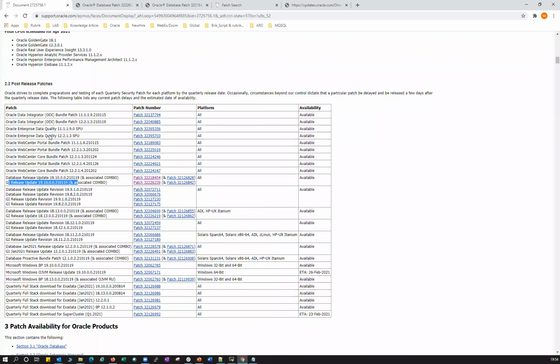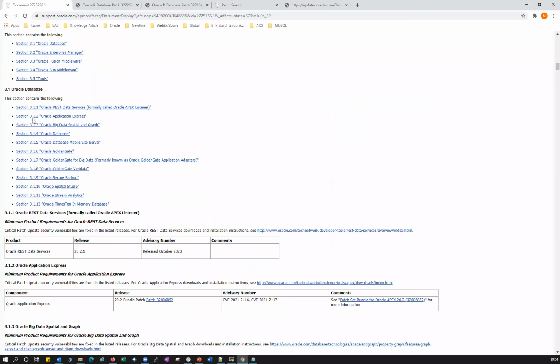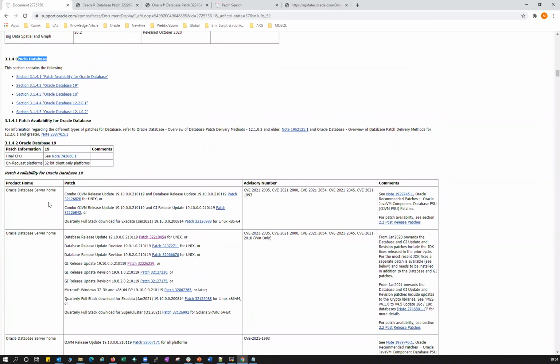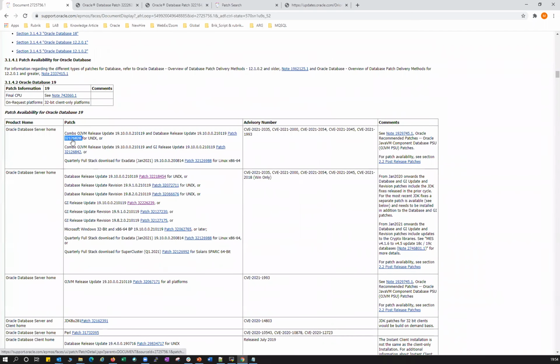If you go down, you precisely look for your database section, Oracle Database. It starts with 19c, and inside 19c you can apply this patch also, no doubt about that. But this patch includes the January patch plus the OJVM patch combo. You can say combo patch, plus your database release, it has both. You can apply this patch, or you can apply the individual patches, whatever it is.